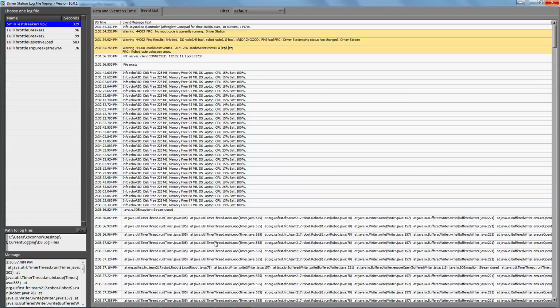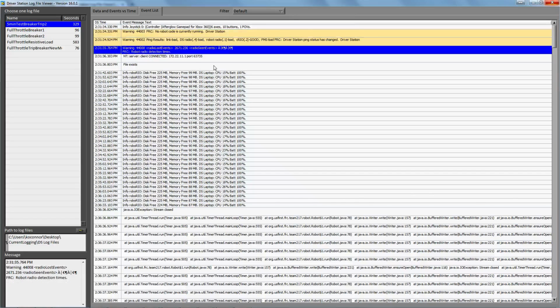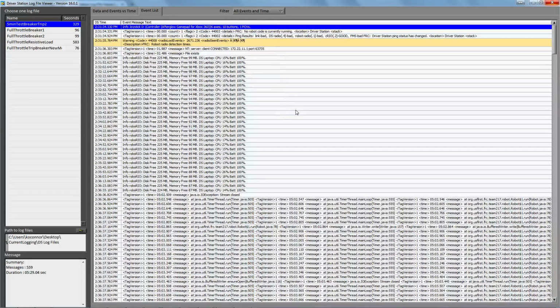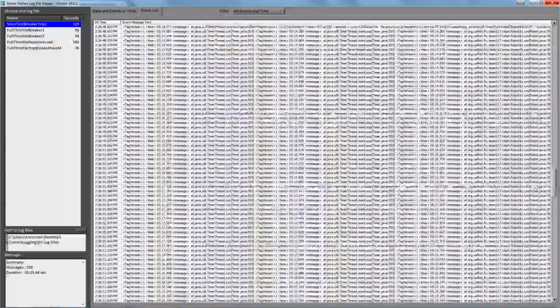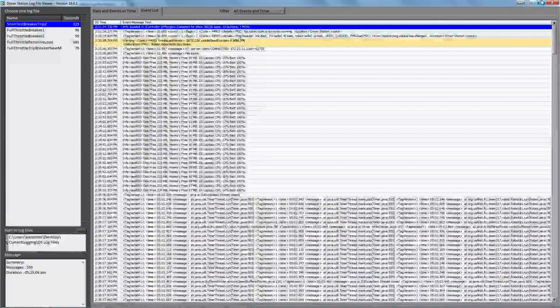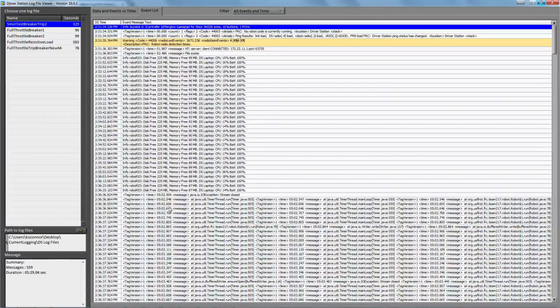You can also see things, info, DS laptop CPU percentage, and battery can sometimes be helpful when diagnosing robot issues. And then you see in yellow here the warnings that the driver station has written. So this is the default filter. We can also go to all events and time, which shows some additional stuff. Right now it shows some annoying stuff like this tag version, which has to do with how we're writing things on the RoboRio. It's not particularly helpful, but it does show you now this time